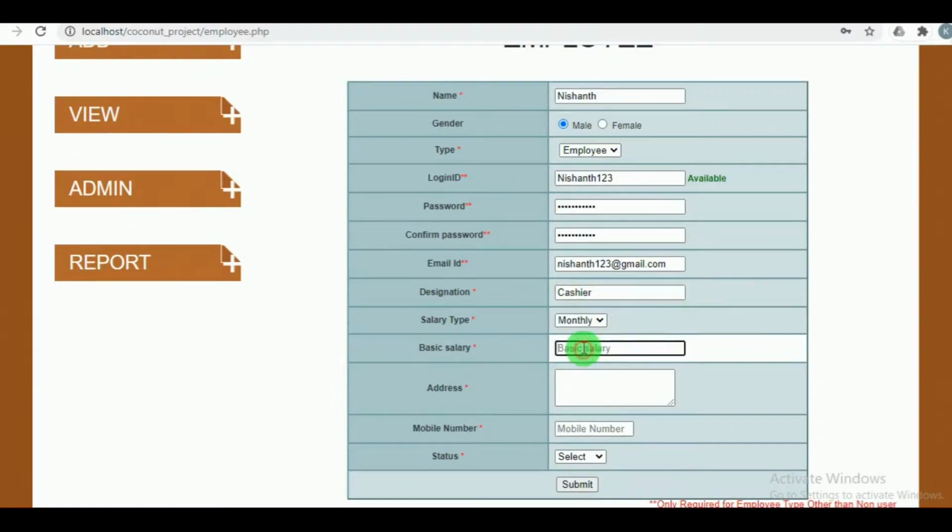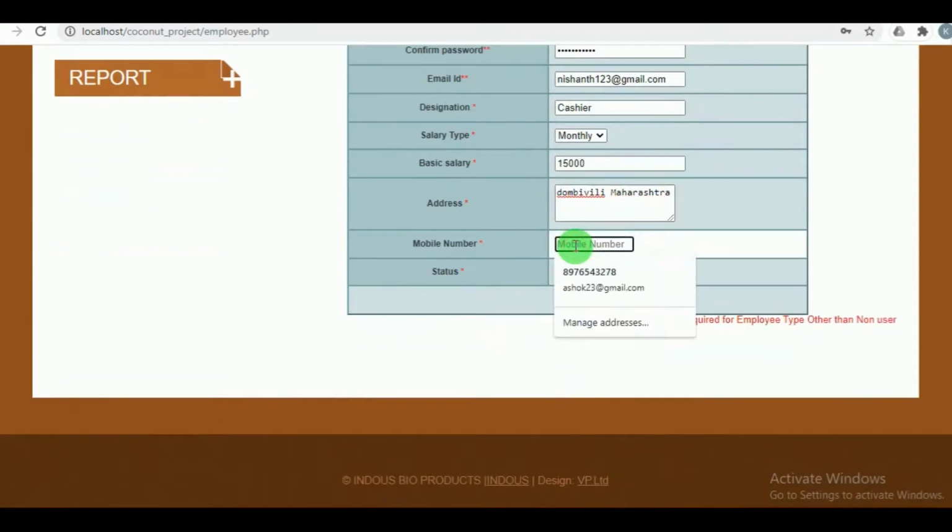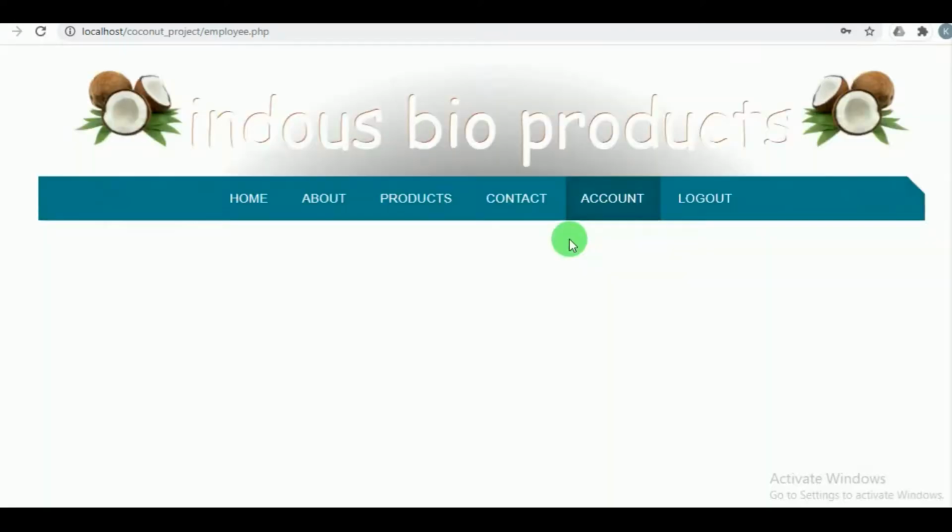Then the salary type, whether it is daily wages or monthly salary, and what is the basic salary of the employee, and the address details of the employee must be mentioned here. Then the mobile number of the employee must be entered. Then the status must be selected as active. Then click on submit. On clicking on submit, the details of the employee will be added to the database.